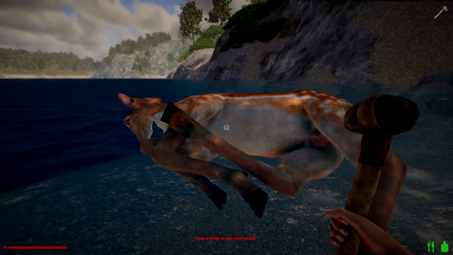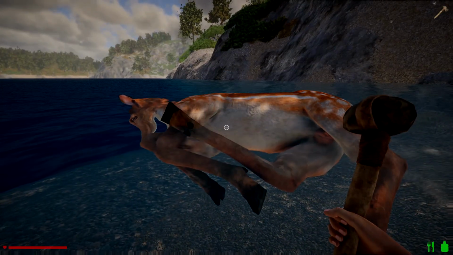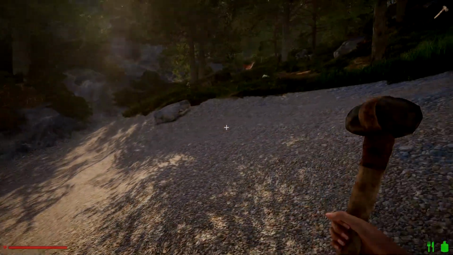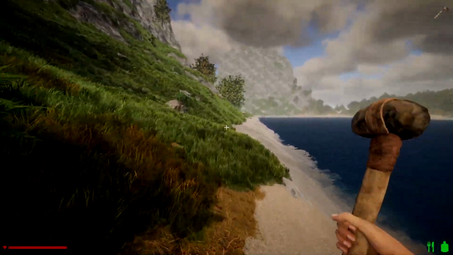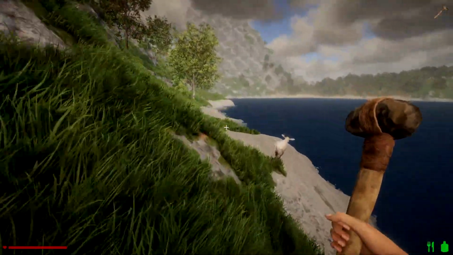We've got a drowned deer here. Use a knife to get the corpse. So the animals are drowning, huh? That was a thing before, too. Anyways, there's a deer in there. A hunting knife. They also added a...